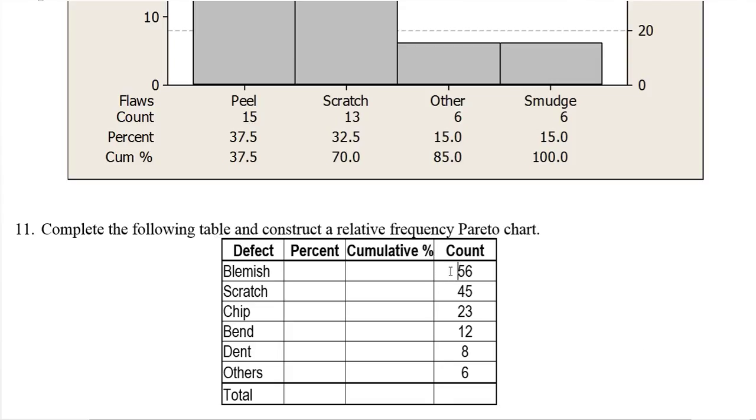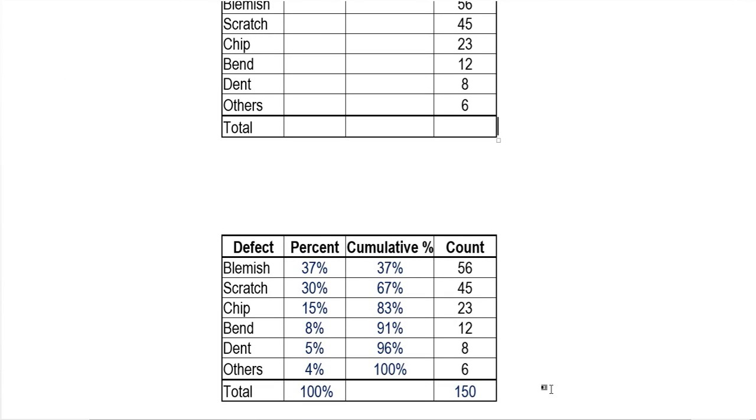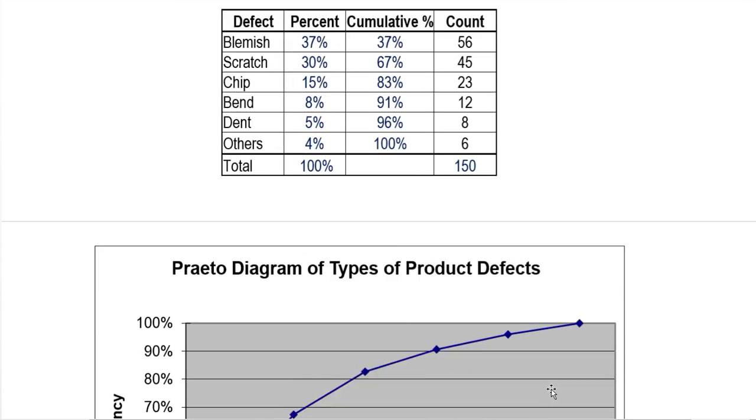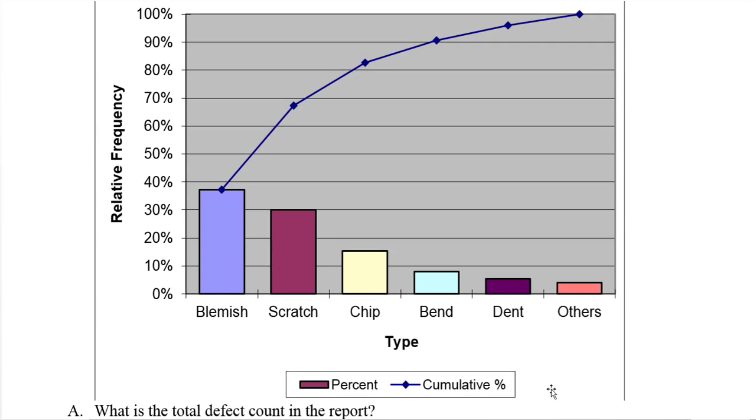First thing you want to do is put them in decreasing order, which we already have. Okay, finish it up. There's the table. Check your work. Now make a Pareto chart for it. Again, we make a bar graph for each one. And then actually I like to start at 0 here. So then I'd also add a line. I would actually do this. I would take this and